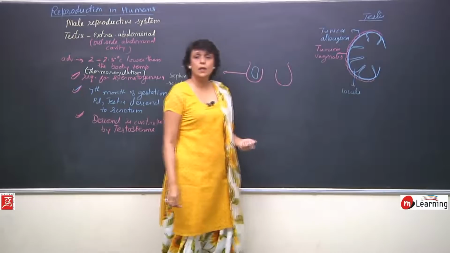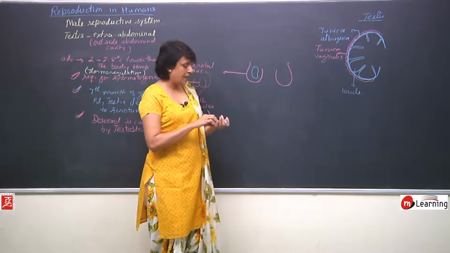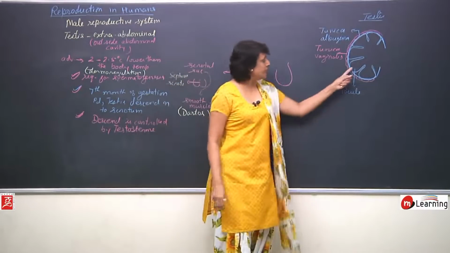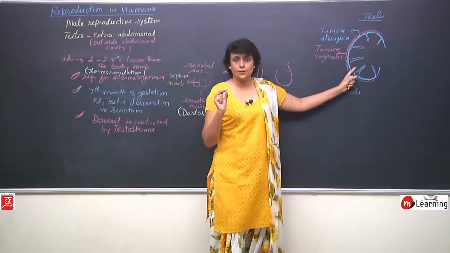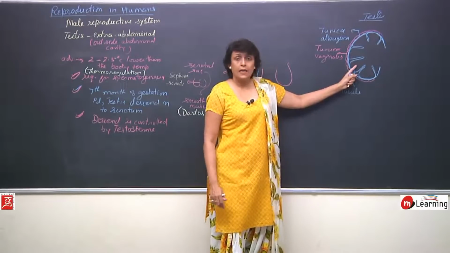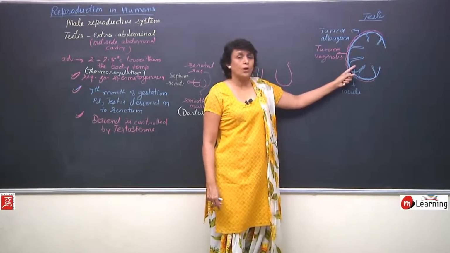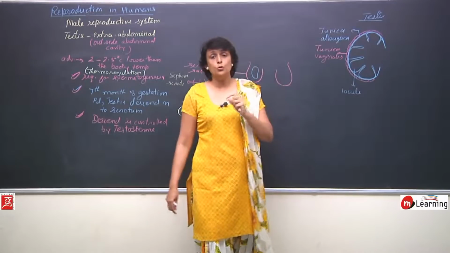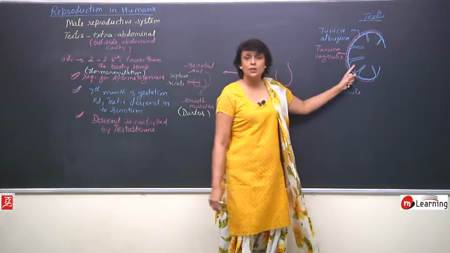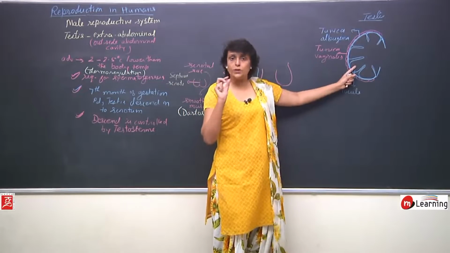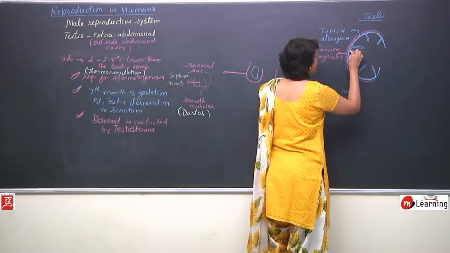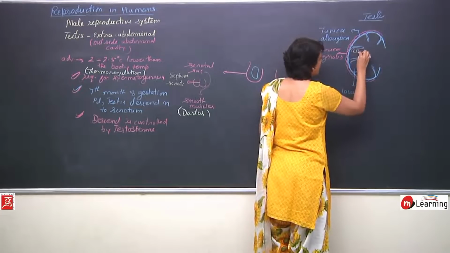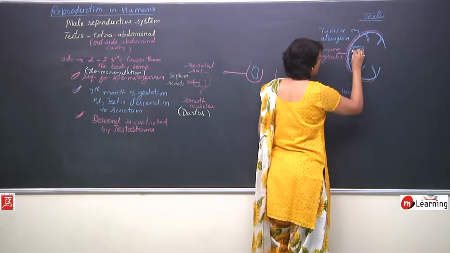Is called tunica vaginalis. Inside each locule, there are some coiled structures, and the number of these coiled structures is variable from 1 to 3. So, in each there can be 1 to 3 coiled tubes. These tubes are known as seminiferous tubules. So, these are coiled tubes,